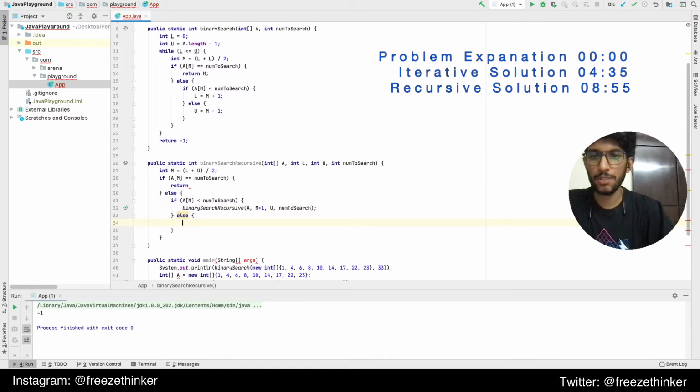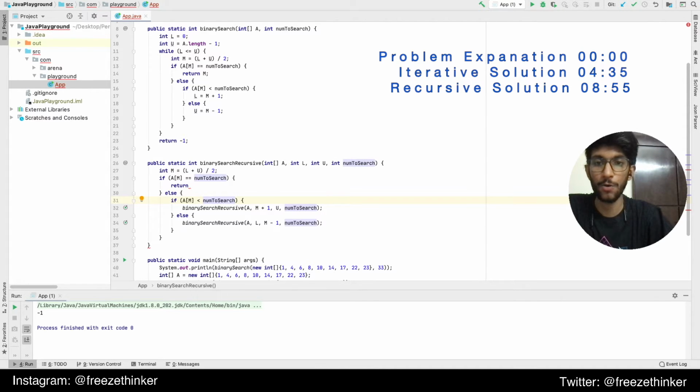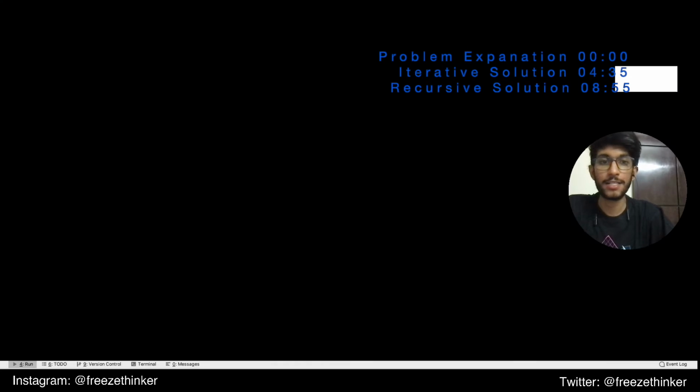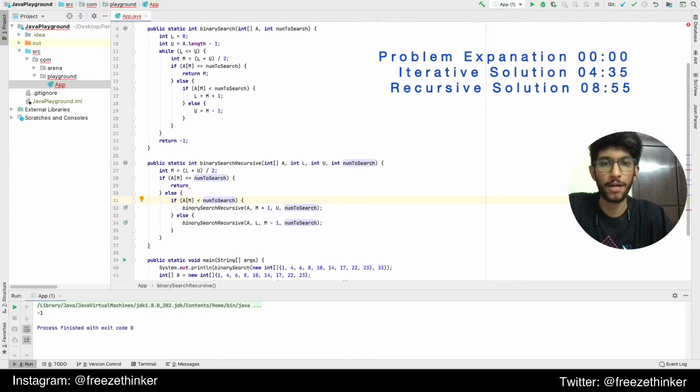Otherwise, we will do a slight modification to this. We will pass the lower bound as is and just try to modify the upper bound, and it would keep calling recursively. But here the problem is that we are not checking how to end this loop. So it's very well possible that it's an infinite loop and we might never see this loop coming to an end, because there is no condition that we have applied that, hey, if this is met, I don't want to continue, I just want to end this loop here. So that condition is the first one that we should check.